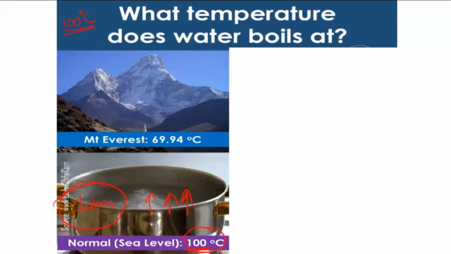the atmospheric gases decrease. You have learned this even when I was explaining the application of Henry's law. I told you as you go to a higher altitude, the pressure of the gases decreases, correct? So here the number of gas molecules present is very less, so the pressure exerted also will be very less. So over there, the water will start boiling around 69, almost 70 degrees Celsius.